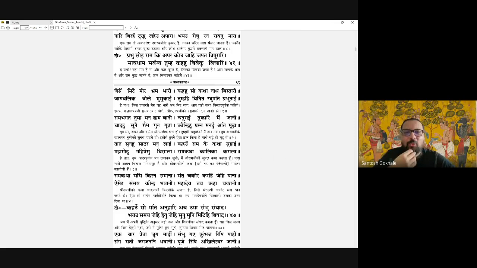So Rama Bhagata Tumha Manakrama Bani, you are a bhakta of Ram through your thoughts, deeds, and words. Chaturayi tumhari main jani. I have understood your smartness or cleverness. Chahahu sunay Rama guna gudha, because you want to understand the mysterious essence of Ram from me, which is why you're posing this question, even though you fully know what the answer to that is,